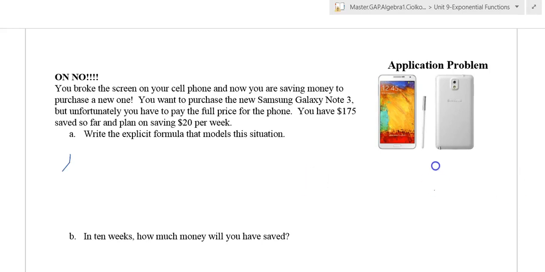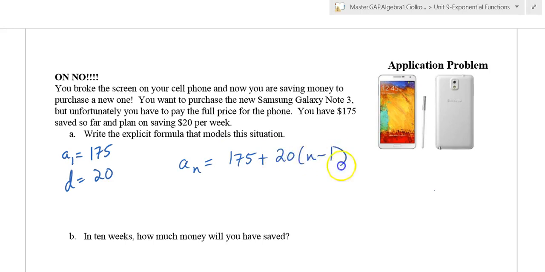So for our explicit formula here, let's see, we started with 175. So our A1 is 175. And if I'm going to save 20 each week, that tells me my D is a positive 20. So our formula, it's a positive D, so I can put plus there. And the n minus 1 is just like our x. It's like our variable, so it's always going to be